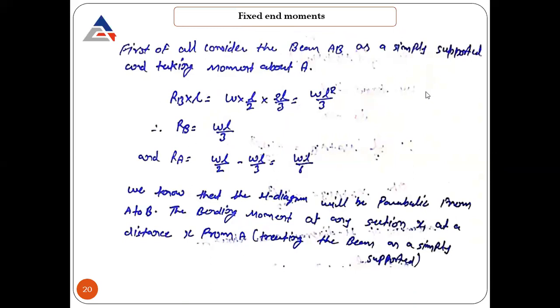First of all, consider the AB segment which is simply supported having a UVL loading. Fine, you need to consider a simply supported beam. This is the simply supported beam if I am trying to draw, and there is a loading. So this is the loading. For this, we need to calculate the support reaction first. So the moment is W into L by 2, this is the area, and it will act at the centroid, multiplied by the remaining distance, which is 2L by 3 from this point. Which is equal to WL square by 3, and RB will come out to be WL by 3, and RA will come out to be WL by 6.